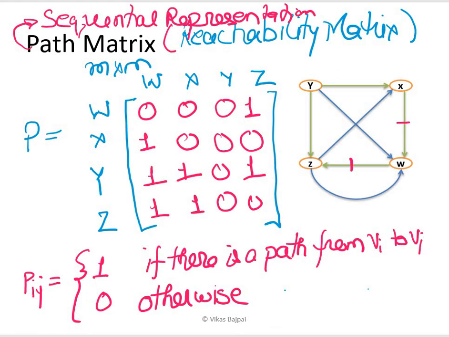It is not the linked representation. So this was all about graph representation, where we talked about adjacency matrix, adjacency list, and path matrix. We'll talk about some more topics, where we'll be covering Warshall's algorithm and more, in our next video.